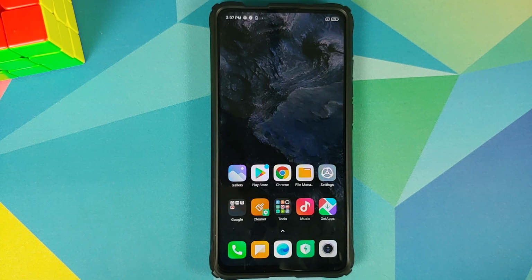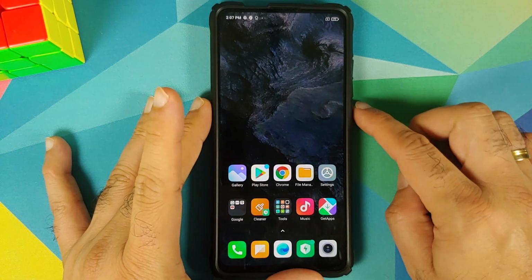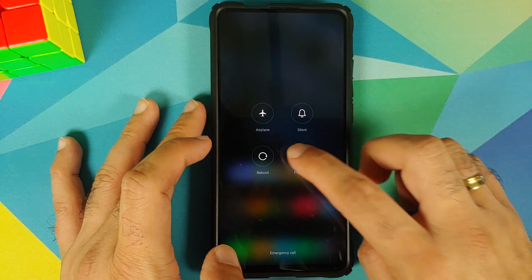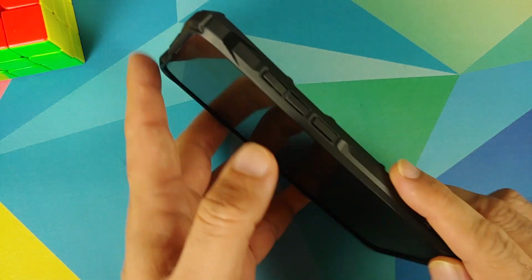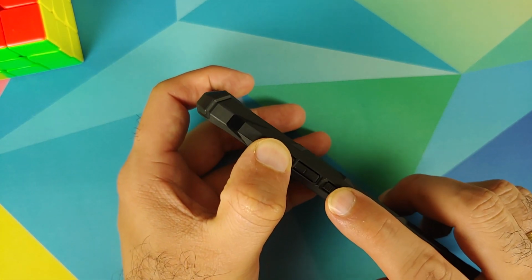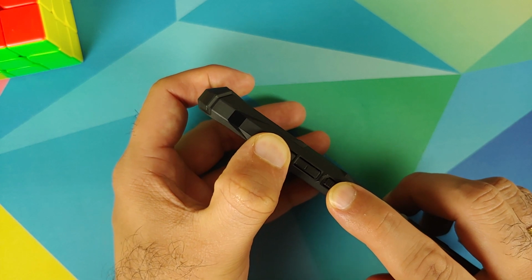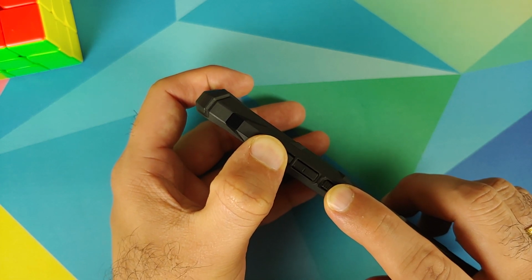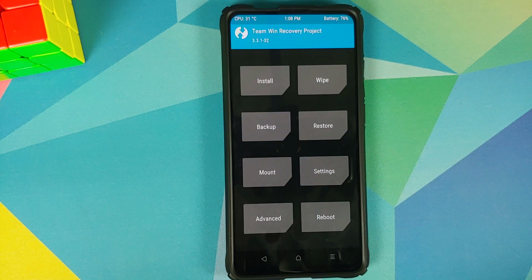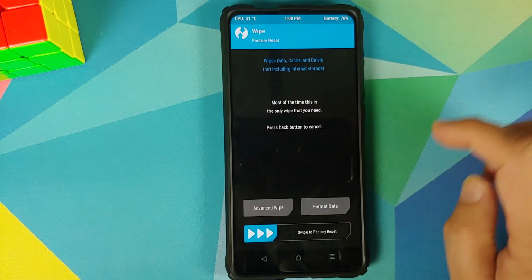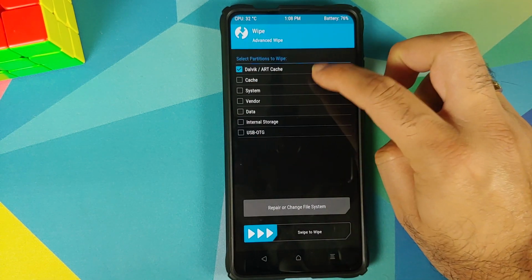Now, once you have rebooted your device, the next thing we need to do is boot into TWRP recovery. For that, the first thing we need to do is turn off our device, and once the device has turned off, we need to press and hold volume up and power button at the same time till you see the TWRP recovery boot logo. Now once we've booted into TWRP, we'll go into wipe, advanced wipe, and select Dalvik cache